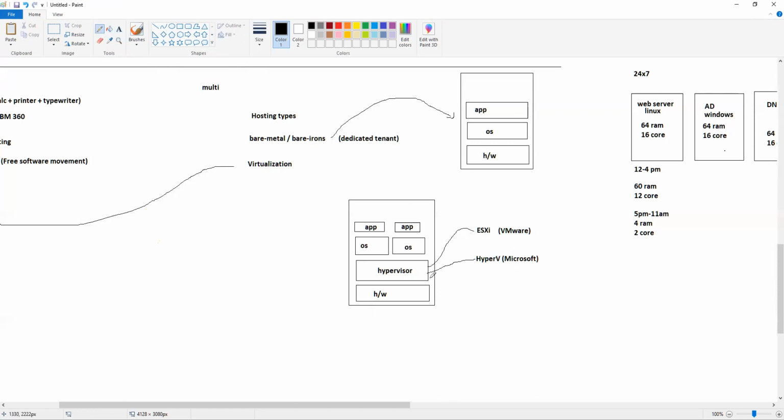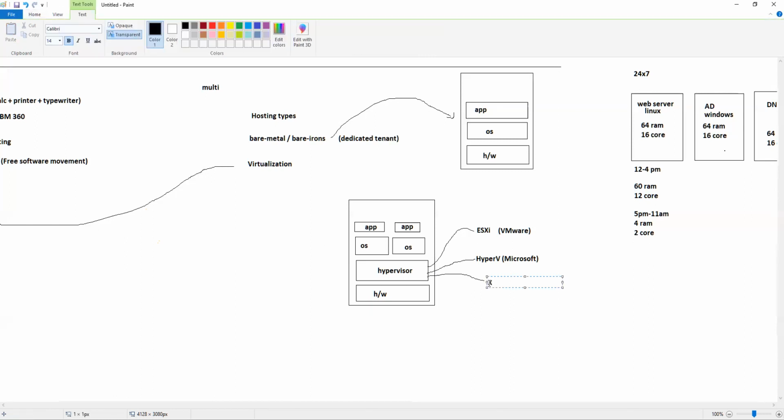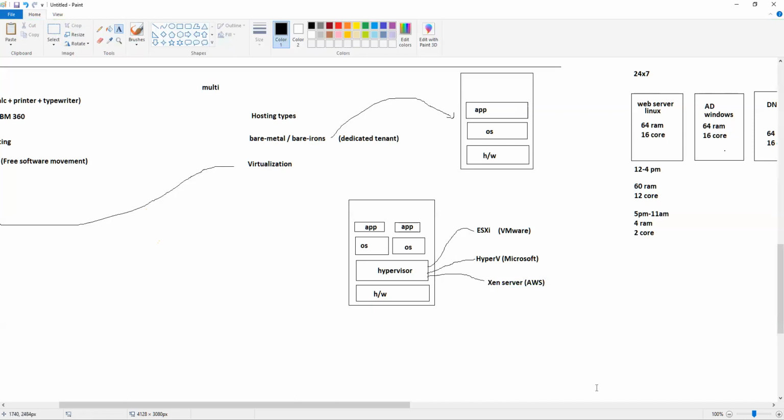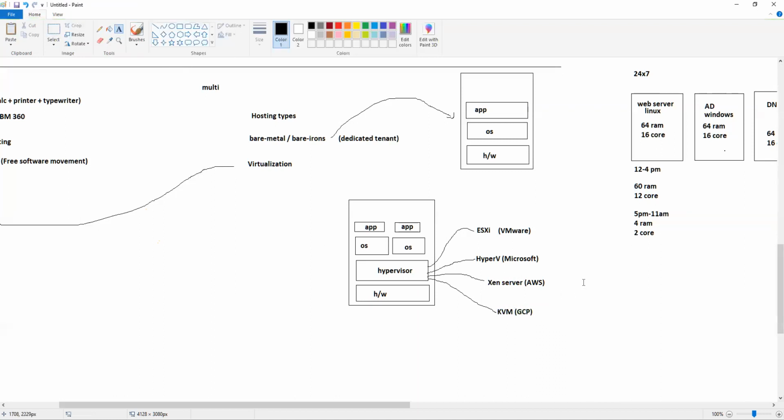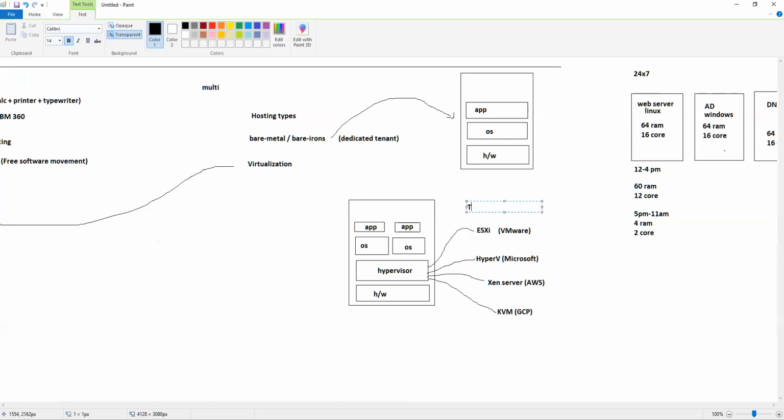And then there are a couple of open source ones, and it all started with the Xen server. Actually, Xen should have been the first one. So we have Xen server, and right now Xen server is used by Amazon as well. On AWS, I'll show you this as well, how to check what hypervisor technique we are using. So Amazon uses Xen for all their virtualization, and another one that Google uses, which is also quite common, is KVM. So these are the few hypervisor techniques, and these are actually the type 1 hypervisors.